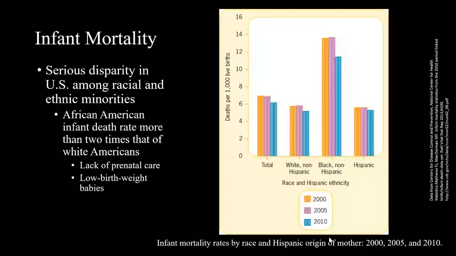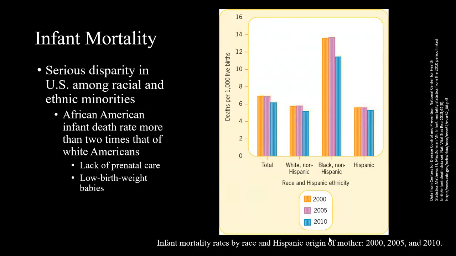So in 2000, you can see that the deaths per 1,000 is a little over, it's about 7. But from this chart, you can see the group that suffers the largest infant mortality rate is Black non-Hispanic, and this has been true for all 3 years, 2000, 2005, 2010. You can see that in 2010 there's been some improvement, however, certainly not enough to other racial and ethnic groups.